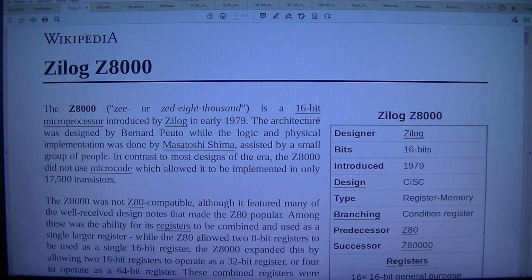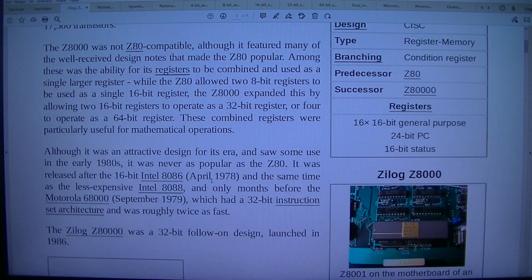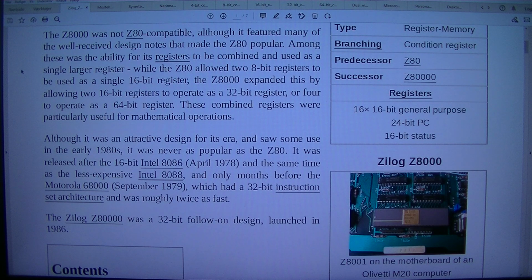early 1979. The architecture was designed by Bernard Peuto while the logic and physical implementation was done by Masatoshi Shima, assisted by a small group of people. In contrast to most designs of the era, the Z8000 did not use microcode, which allowed it to be implemented in only 17,500 transistors. The Z8000 was not Z80 compatible, although it featured many well-received design notes that made the